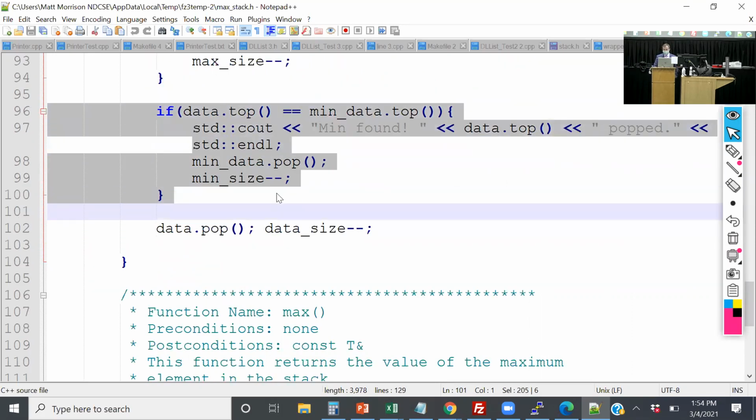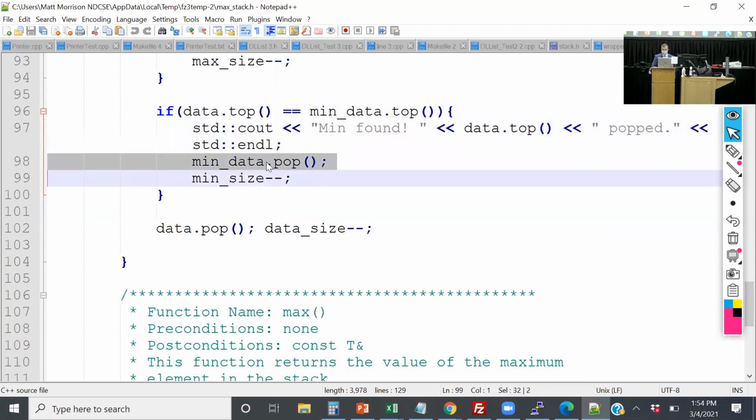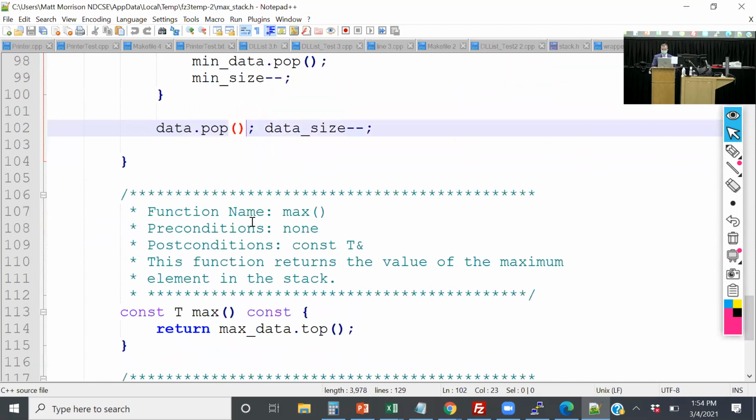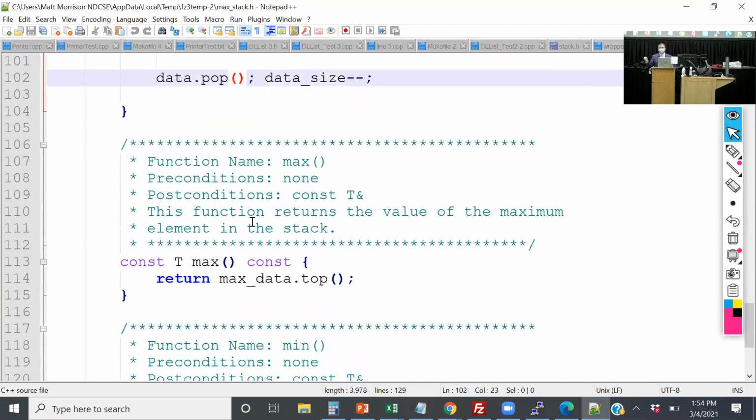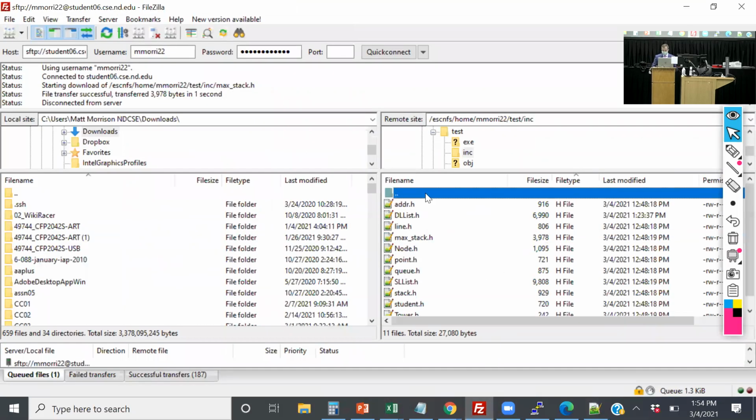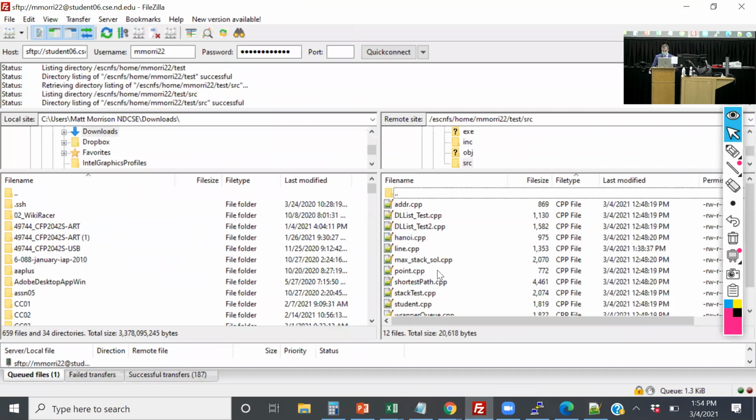Otherwise, I check to see if it's min data. I say it's a min found, and it's popped. I remove it from the stack and decrement min size. And then I always pop from data every single time. I have a function max, which just returns the element at the top of the maximum stack. And likewise, I have a minimum that gets the value at the top of the min stack. And so what that allows me to do is I am now in